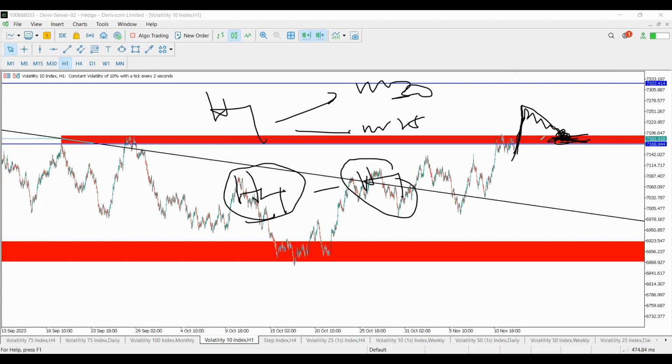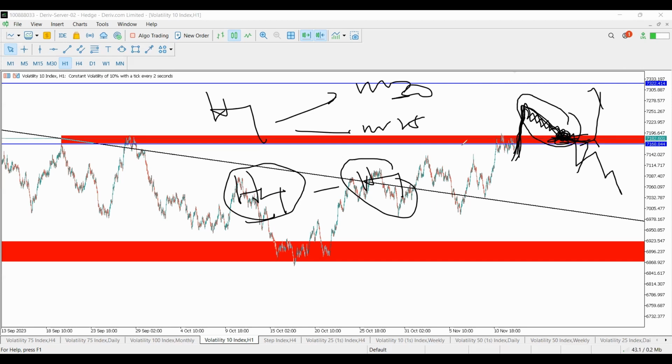Are you together? Now, for example, we want to buy this. So when the market breaks and comes back into this area, I want to buy, right? But there's a particular reason that I need to look out for in this area before I can buy, because if that doesn't happen, the market may continue being bearish. Remember, when the market breaks above here and starts coming down, it's also moving in a trend. Are we together? Sometimes you may not be able to see the trend in that particular time frame, but when you go to the next lower time frame, like I'm telling you to refine, you'll be able to see that there's a clear trend. Are you getting it?